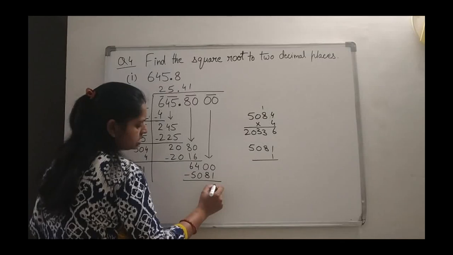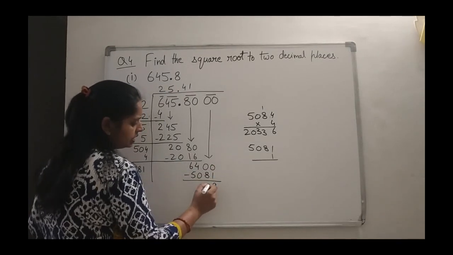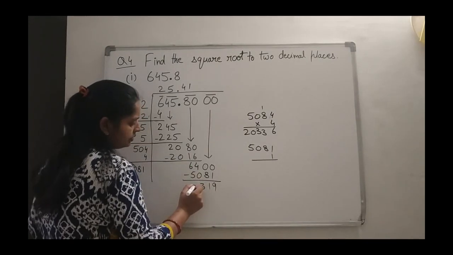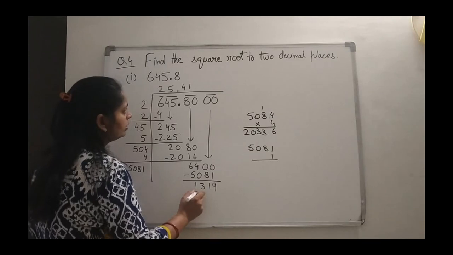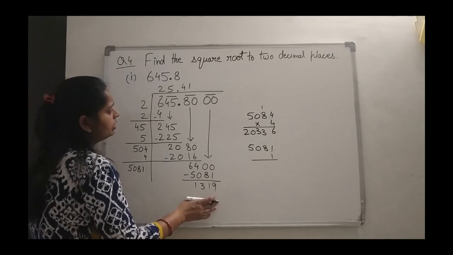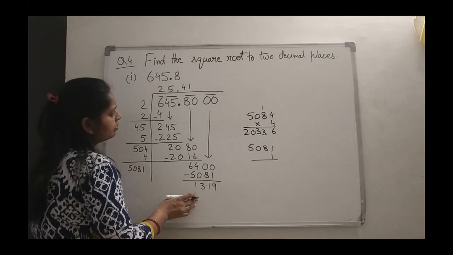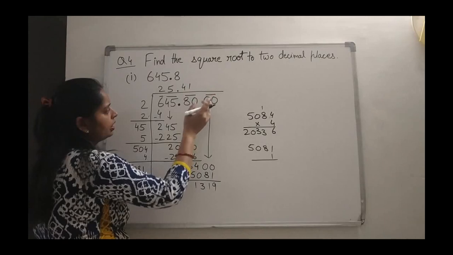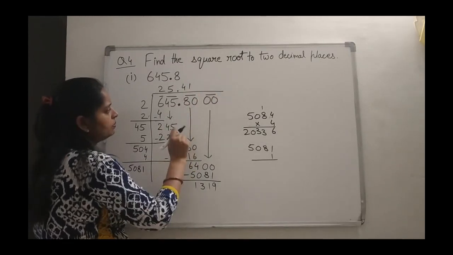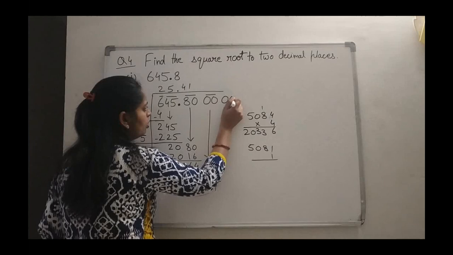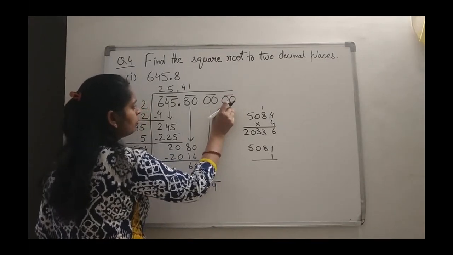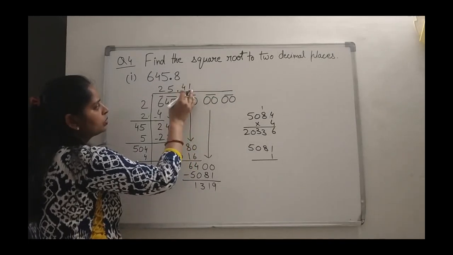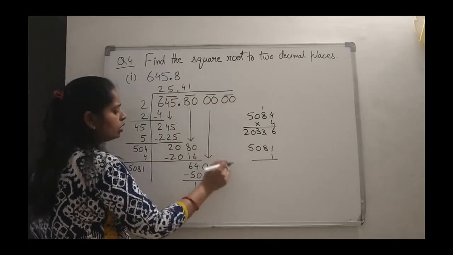10 minus 1 is 9. 9 minus 8 is 1. 3 here, and 6 minus 5 is 1. But here we can see that my number is not ending. Here also I am getting some remainder, and the question is asking for 2 decimal places. So whenever we have a question like this, if 2 decimal places have been asked, I will take one more pair, so that I can round off the third place and get the 2 decimal places after the decimal. So one more pair I will do.